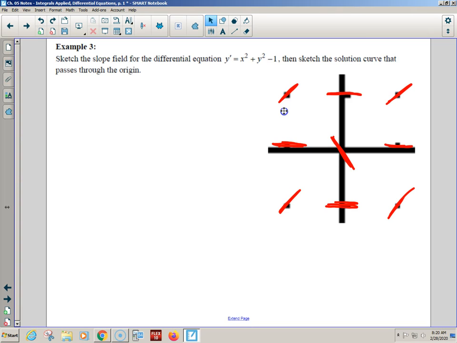How do we follow the flow on this one? Wait a minute, what does it say after we sketch the slope field? It says to sketch the solution curve, we're supposed to follow the flow, right? Solutions to differential equations flow through these guys. So through the origin,